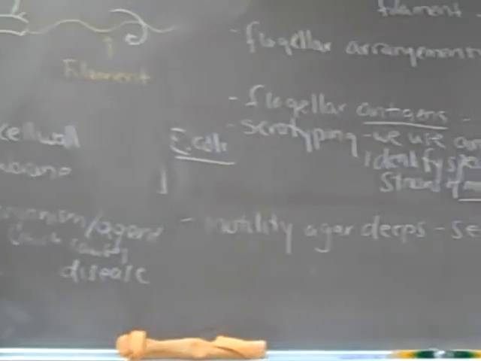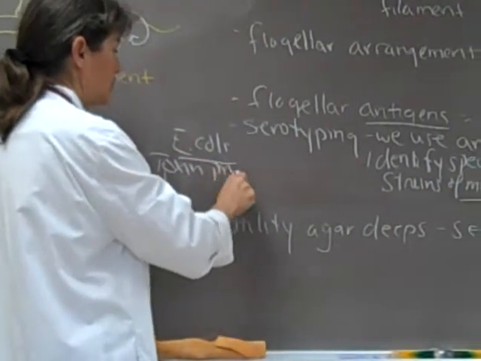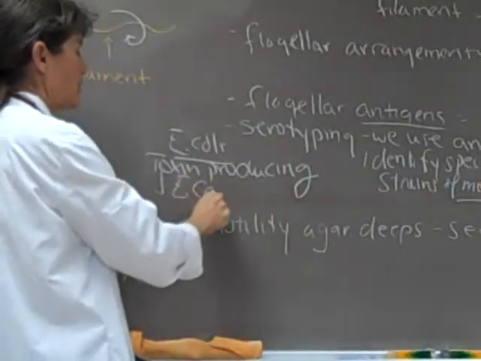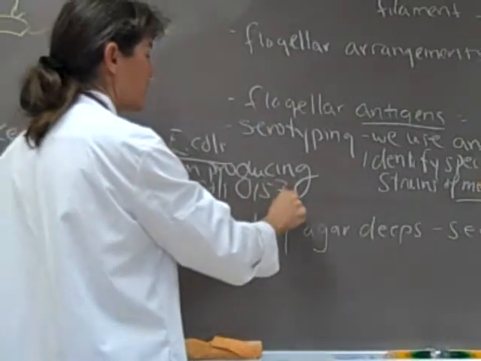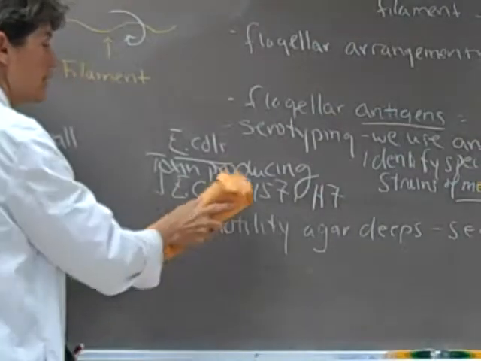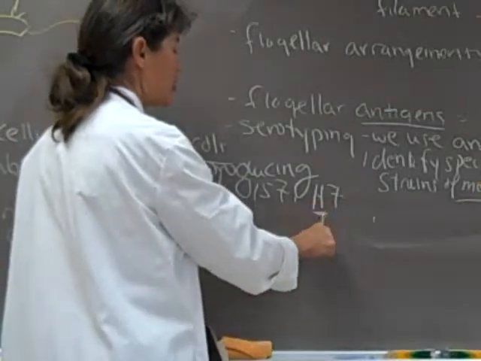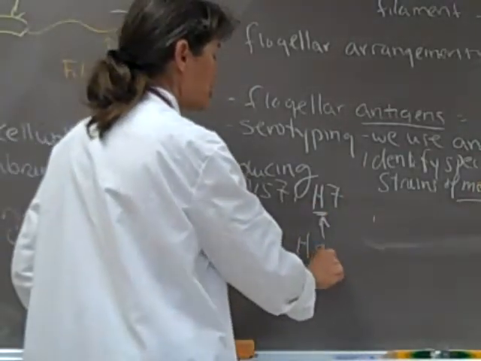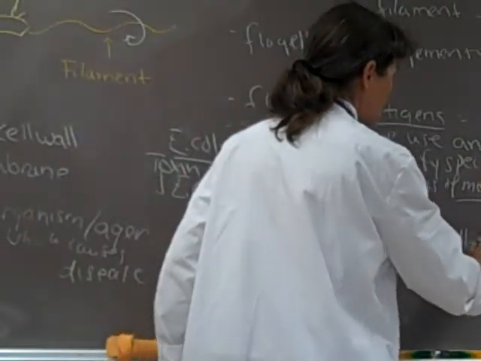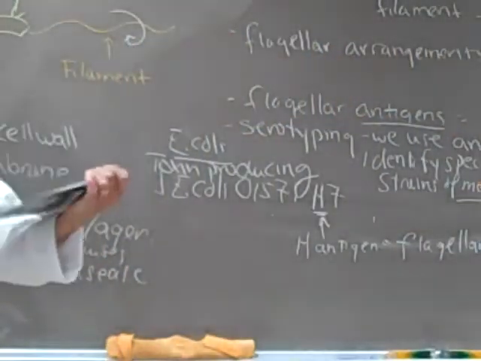So as an example of some toxin-producing strains, one that you guys have probably heard about is the strain called E. coli O157:H7. Okay, and so we want to understand what these numbers mean. We see here this H. That H is the H antigen. Those are the flagellar antigens. And I want to give you just a little bit of history of why these flagellar antigens are called the H antigen. So it goes back in history